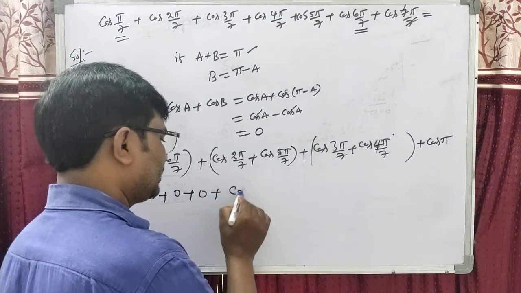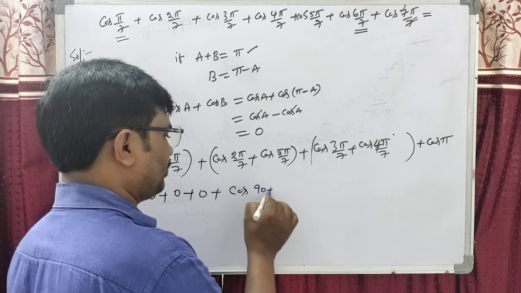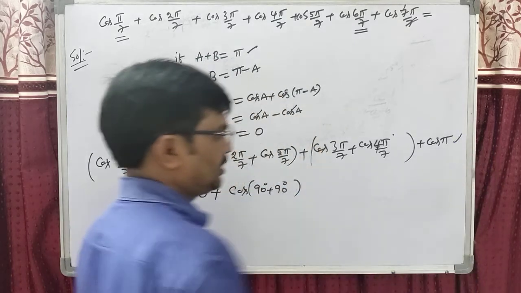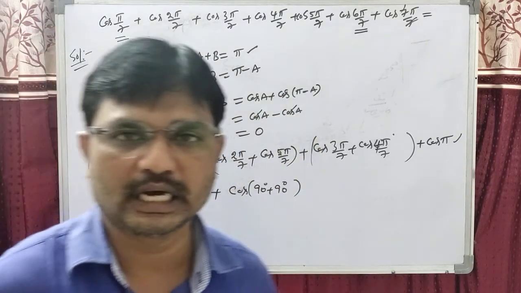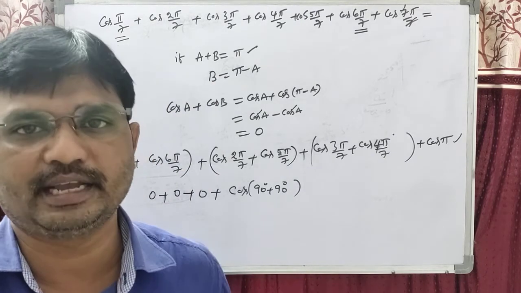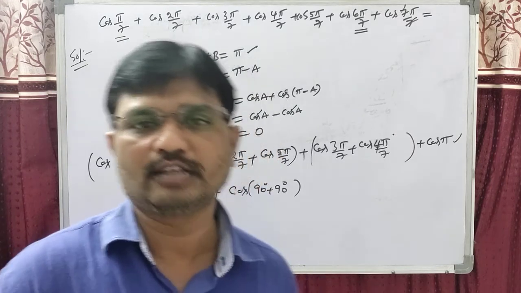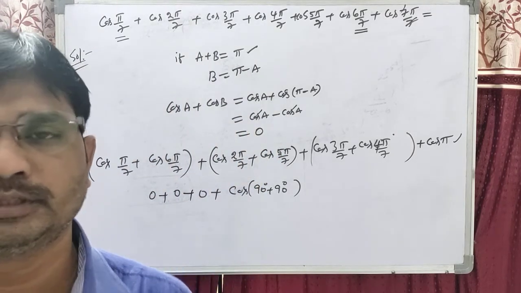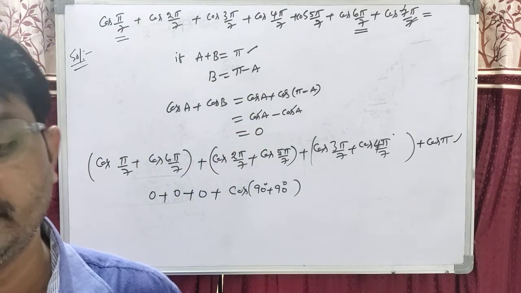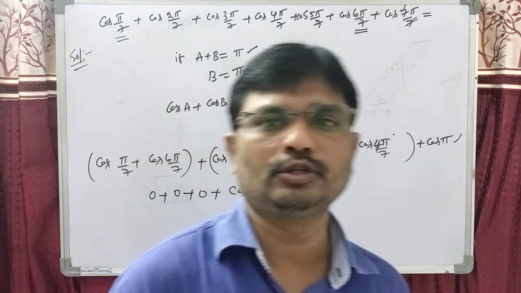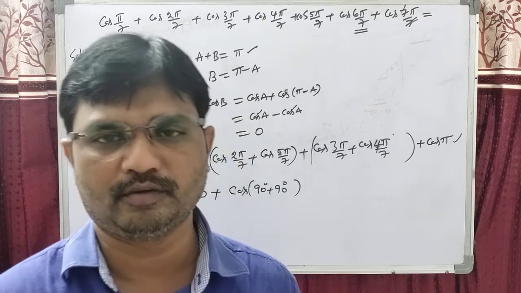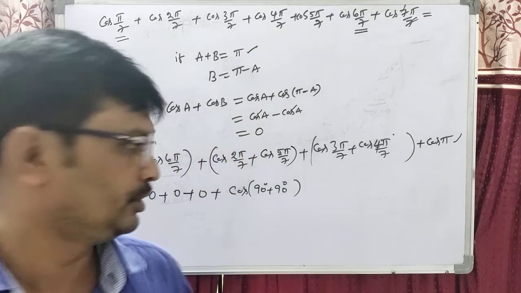If you don't know, you can directly write 180 as 90 plus 90. Dear students, please remember this value; we can use it many times. Cos pi is minus 1. Cos 0 is 1, cos pi is minus 1, cos 2 pi is plus 1, cos 3 pi is minus 1. Dear students, cos of an odd multiple of pi is minus 1, and cos of an even multiple of pi is 1. But sin n pi is 0. Sin 0 is 0, and sin pi equals sin 2 pi equals sin 3 pi equals sin 4 pi; each term is equal to 0.